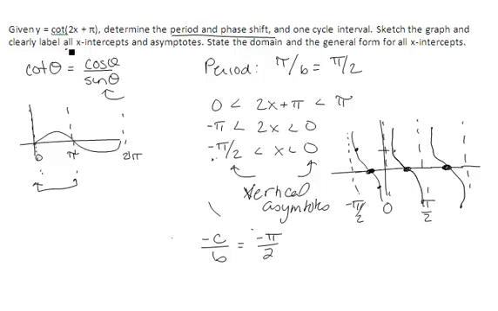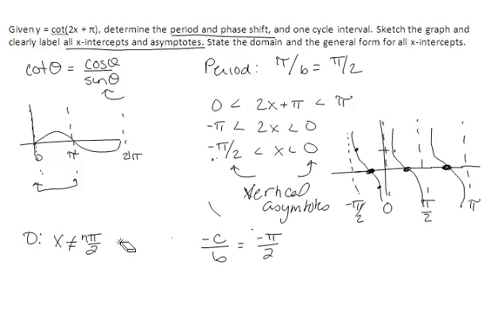If I wanted to state the domain and put the domain or the x-intercepts in general form, first of all, the domain is all real values of x except for these odd multiples of pi over 2. So x can't be 0, it can't be pi over 2. My next one would be at pi. Therefore, I can write it in general form as n pi over 2